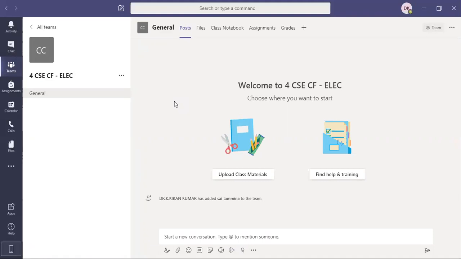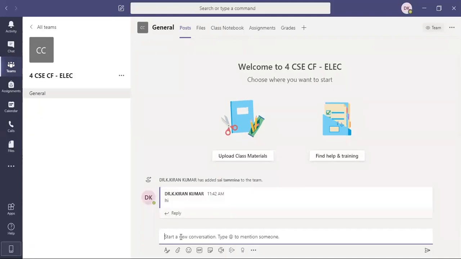If they have not left the class, automatically that class will be live, and you can simply invite the students and start your particular class. Now I'll show the different options present in the class. First, posts are there. If you want to do any kind of chatting, you can do it over here. Public chat will be there. Every message will be recorded. All the messages will be saved over here, and all the students also can see the messages.